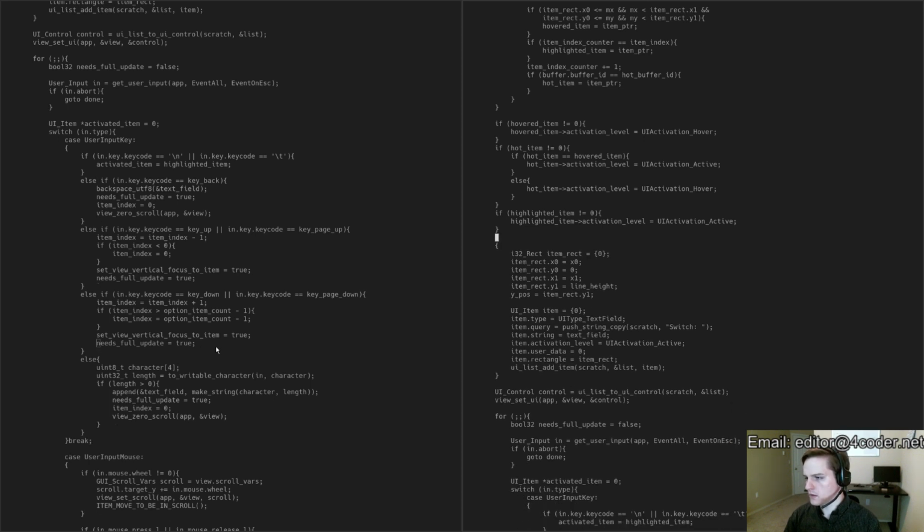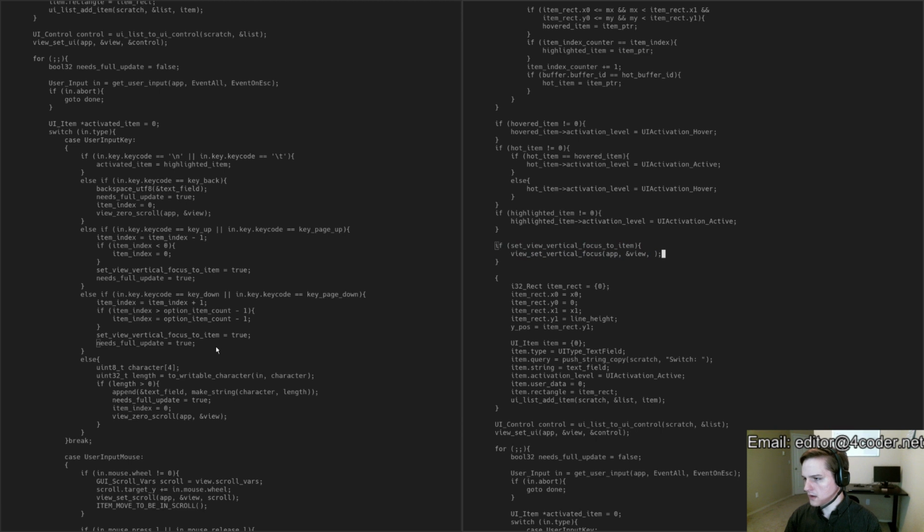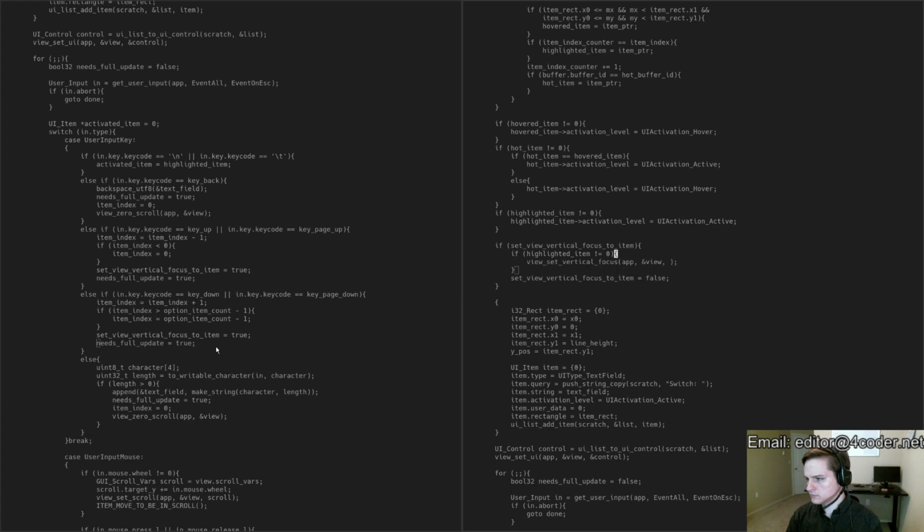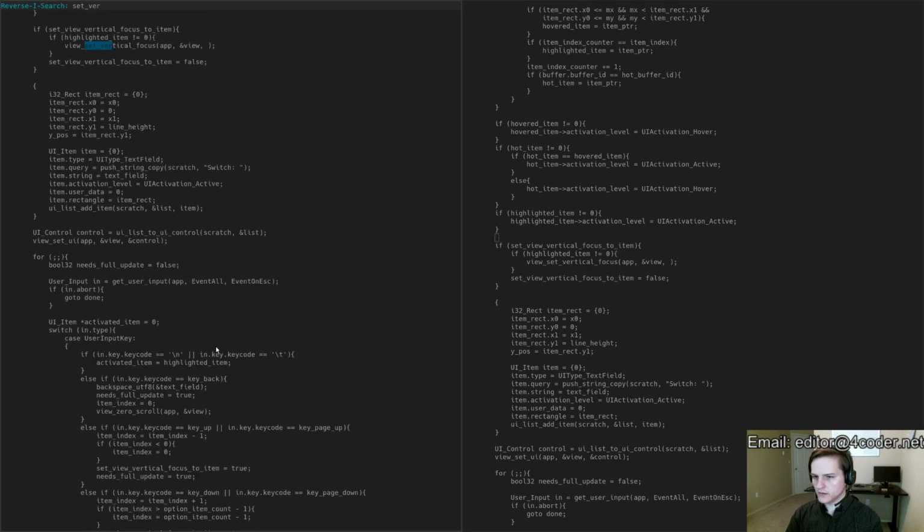I guess this can go in, no, it's got to go right here though, because we want to immediately set this to false the moment that we're done with it. And then we're going to set the vertical focus,